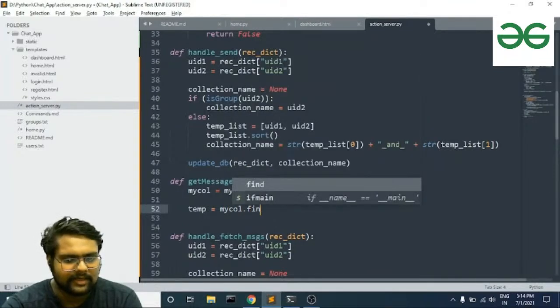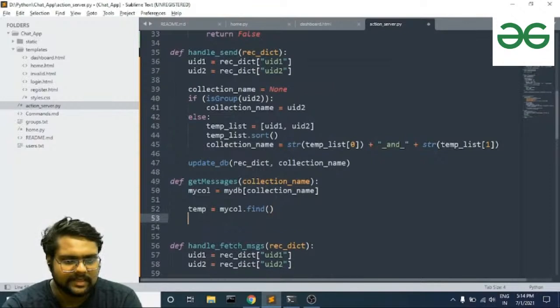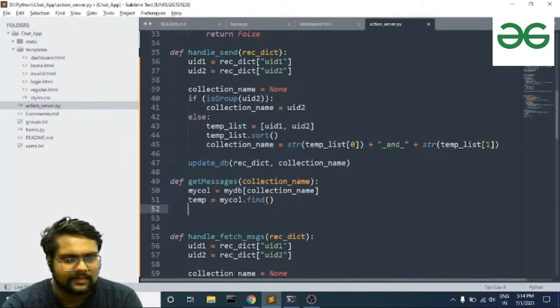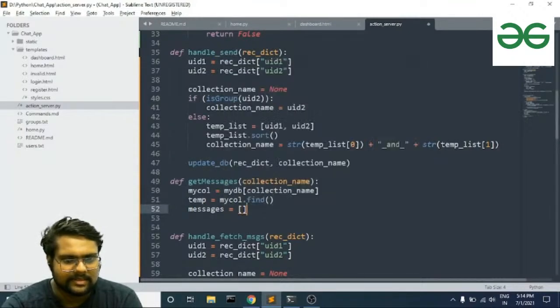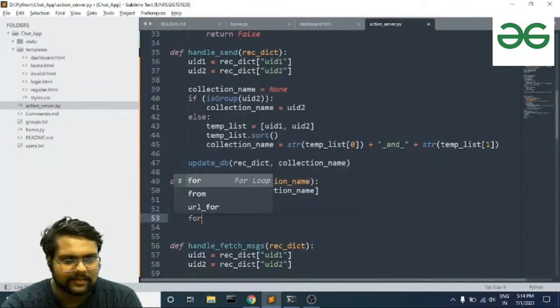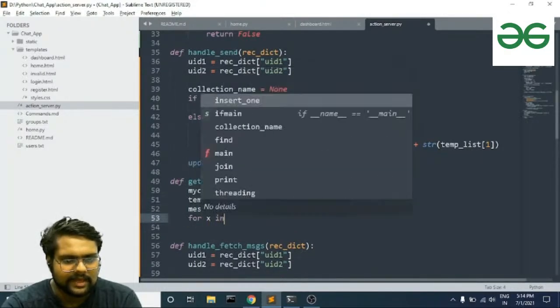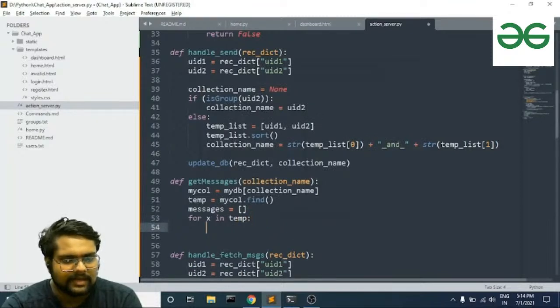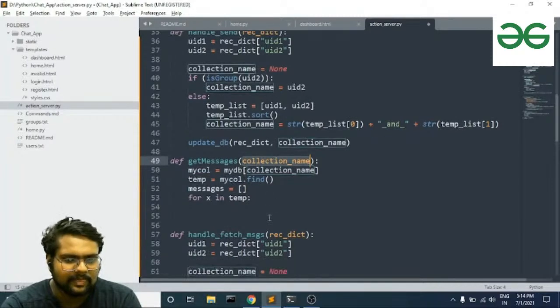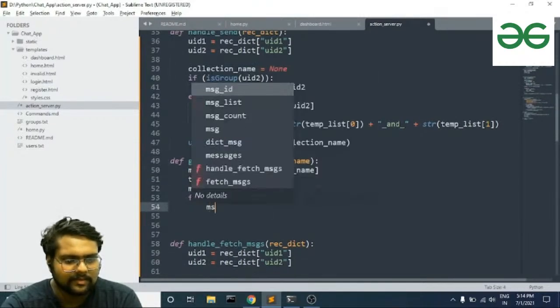It will get all the entries in this collection, and in this we will prepare one messages list, and we will traverse each x in this temp. Since it contains all the entries of this collection, specified by this collection name,